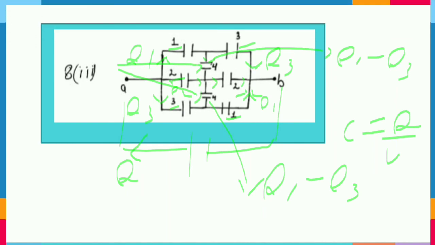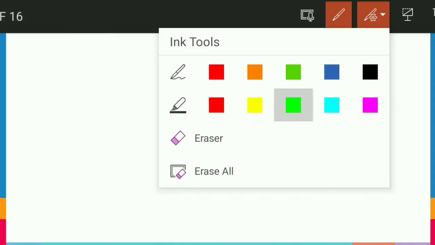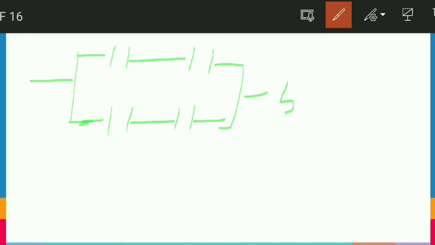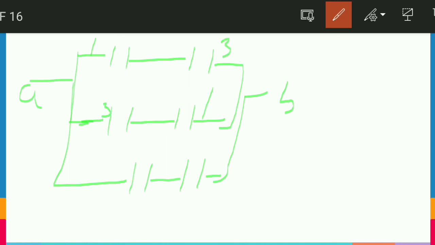Let me draw it on the second page so that you will be able to relate. Friends, we can draw one more figure for that. How? This is our 1, this is our 3. Actually I will show you where I have written 2, and again this was our 3, this was again our 1, and this was our point B, this was point A. Our 2, the second branch, can be written somewhere here, having this was 1, this was 3, this was 3, this was 1, and in between there were two capacitors having 4 microfarad capacitance, and this was 2 and 2.